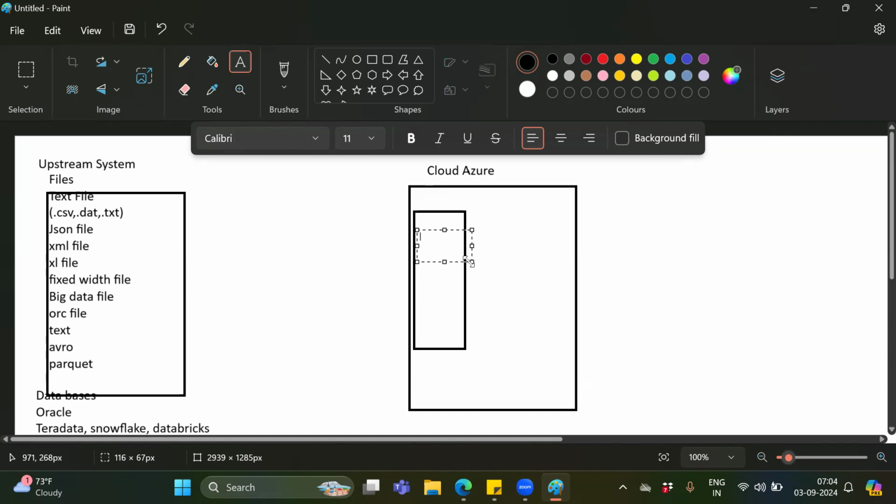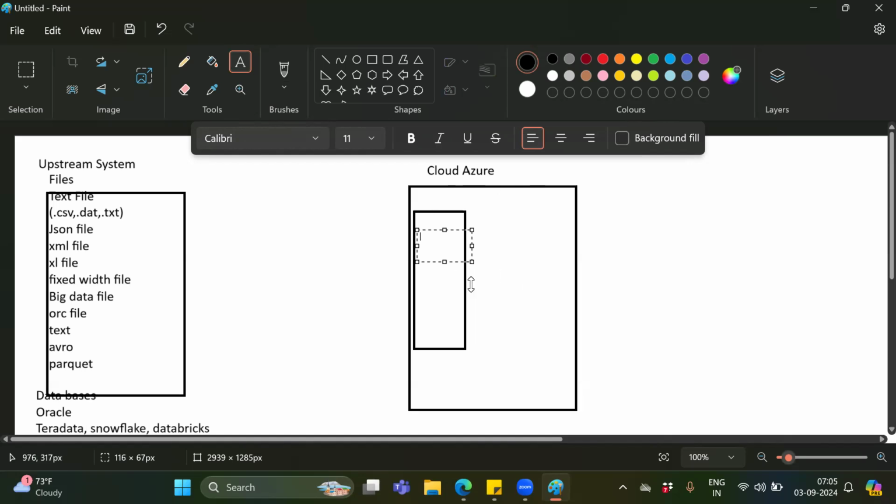That is called a container. So here we will create a container, and this container stores the data. Data means it's actually a file. A container will store only files, whether it is CSV, text, JSON, whatever it is, it does not matter. But it will store the file. Keep that in mind.